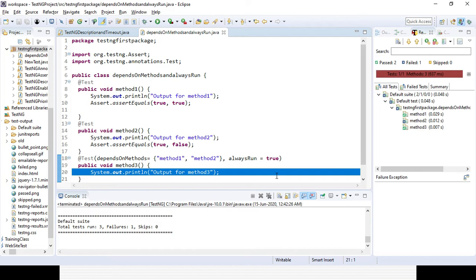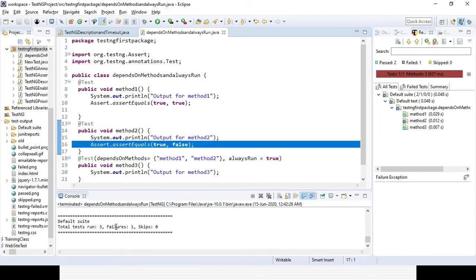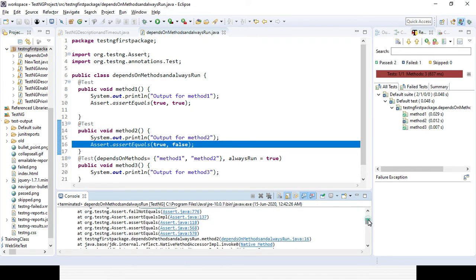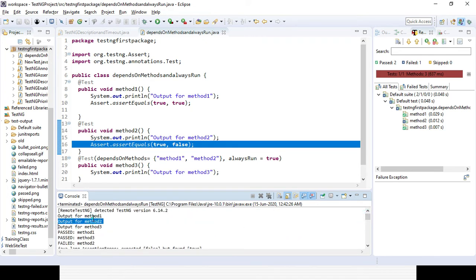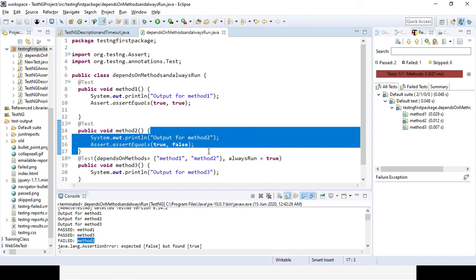Okay, let's run the code and see. You can see method 1 and method 3 are passing, and method 2 is failing because the assertion point is failing. The total number of test cases is 3, run is 3, failure 1. And if you go to the console details level, you can see output for method 1, output for method 2, output for method 3, method 1 and 3 pass, method 2 fails. So in case a dependent method is failing, but you still want to execute the particular method or test case, you need to use alwaysRun equal to true. Okay,